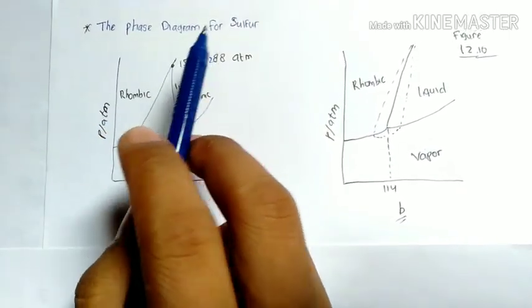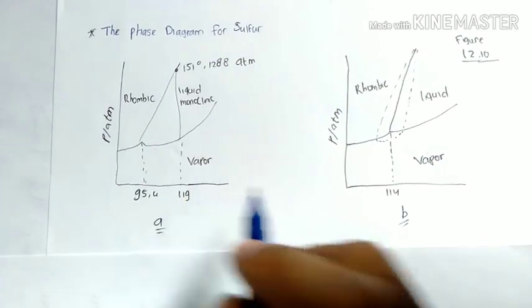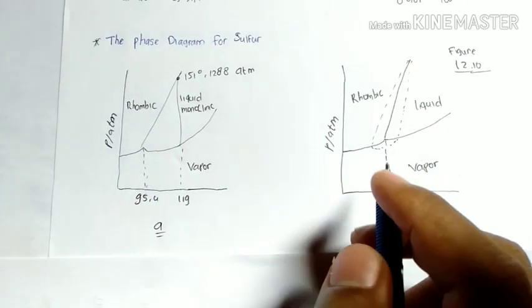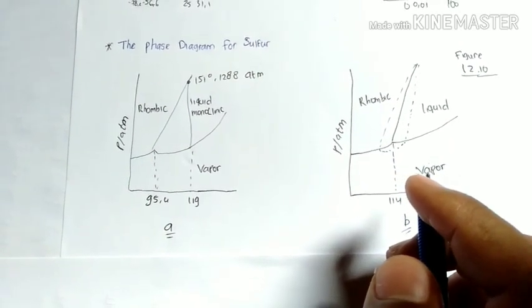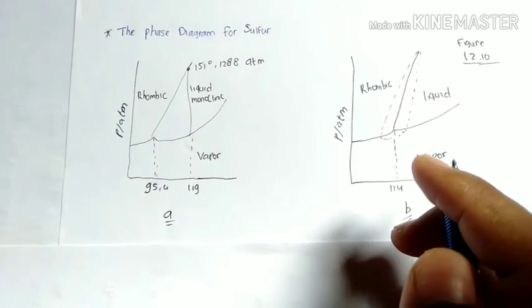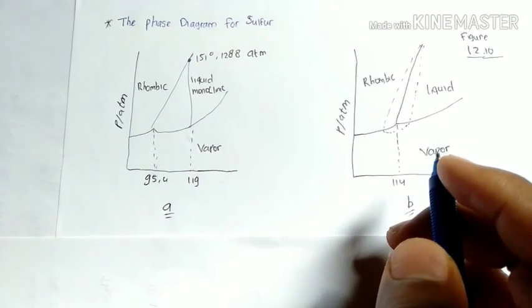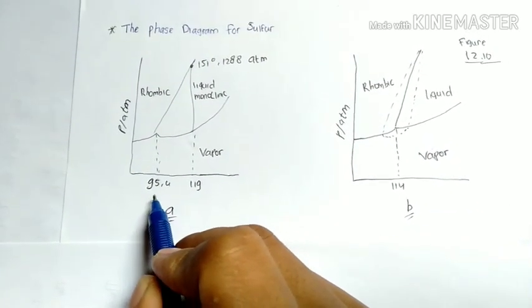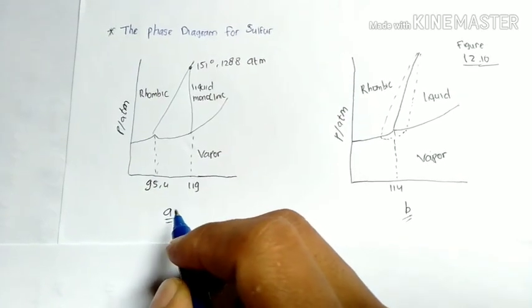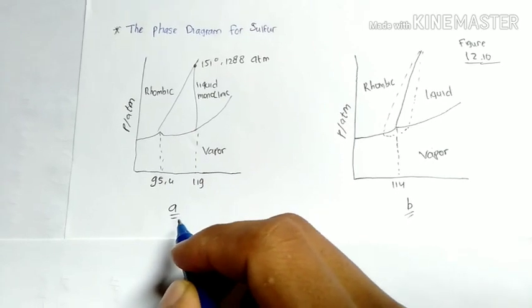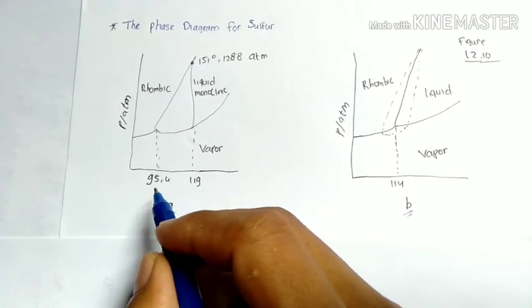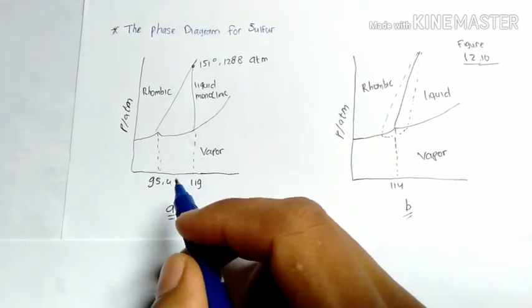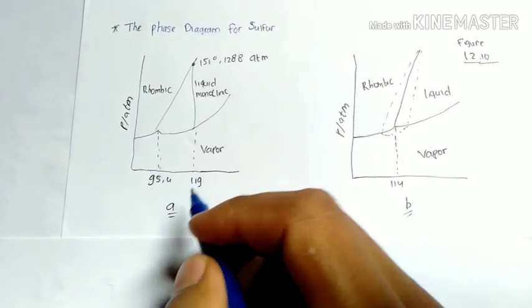Next, the phase diagram for sulfur. The stable form of sulfur at ordinary temperature and under 1 atm pressure is rhombic sulfur, which slowly transforms to solid monoclinic sulfur at 95.5 Celsius. Above 95.5 Celsius, monoclinic sulfur is stable until